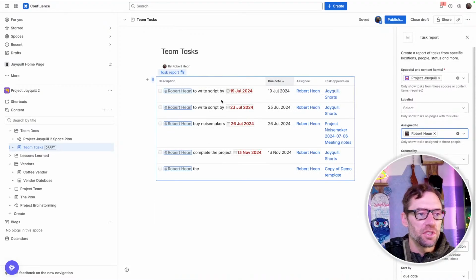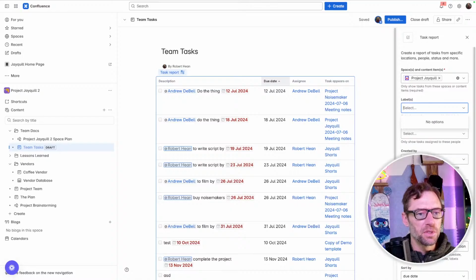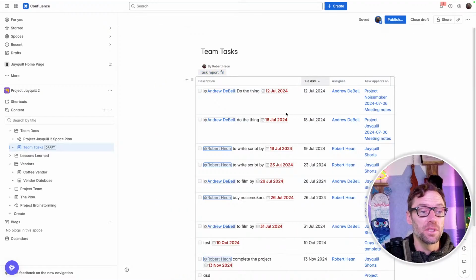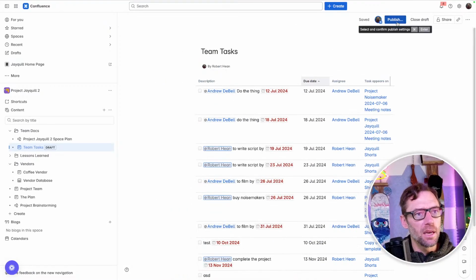And I use this to give each of my team members their own list or my groups. So in my team, if I have a certain group like developers, I don't know if anything will show up. Nope. I would then sort by label, and I'd have a label just for developers, a label just for business analysts, a label just for finance, where I could then filter down these to-do items. Now, if I go and publish this,